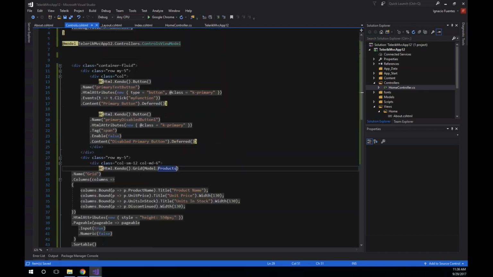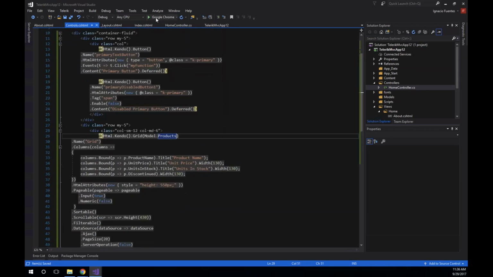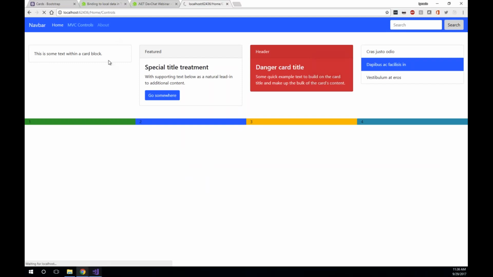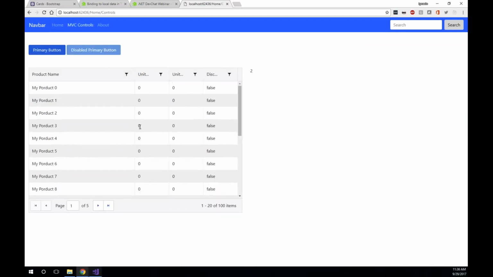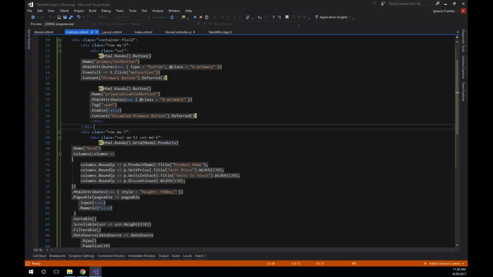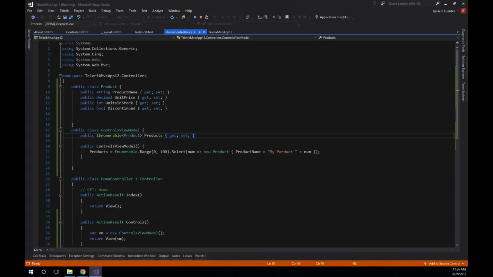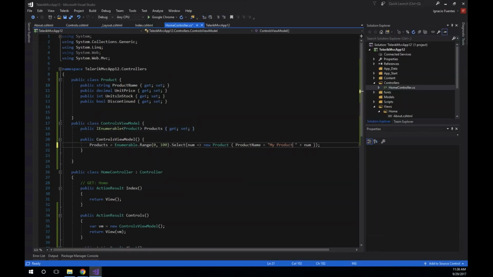I might have done something wrong, but let's check it out first and see what happens. Oh, no, there we go. We got a grid. I just don't know how to spell, it seems. So let's go and fix that. My product. And there we go. And like I said, it is a grid that is taking